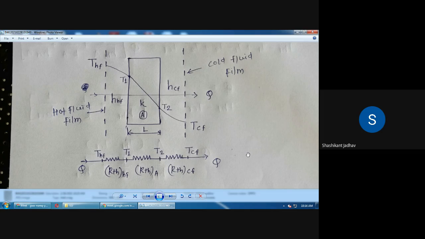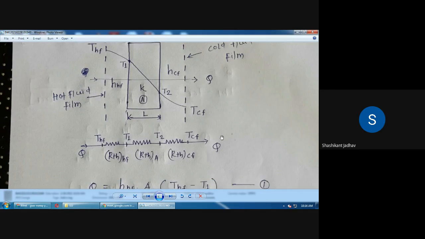So in this way, we have to write down the equations for these three layers: hot fluid layer, then metal layer, and the cold fluid layer. And Q is same because whatever heat transfer takes place from that hot fluid, that same amount of heat will be transferred through the plane wall, and that same amount of heat will be transferred into the cold fluid. So whatever heat transfer takes place in layer 1, layer 2, and layer 3, that amount should be same. Because at the left hand side, heat transfer is Q, and at the right hand side, Q is there. So whatever heat transfer takes place through each layer, that amount will be same. Okay. So according to this, we have to write down the equations.